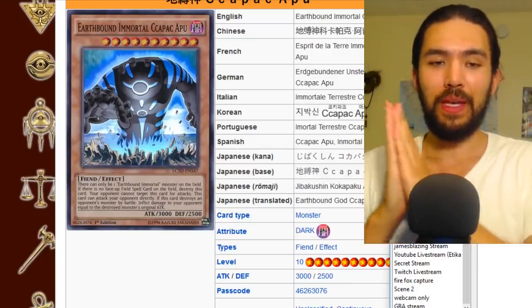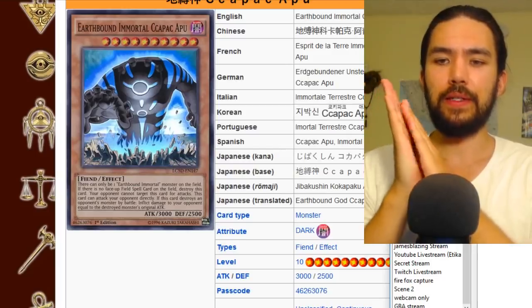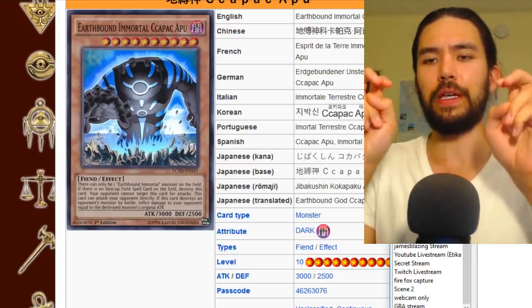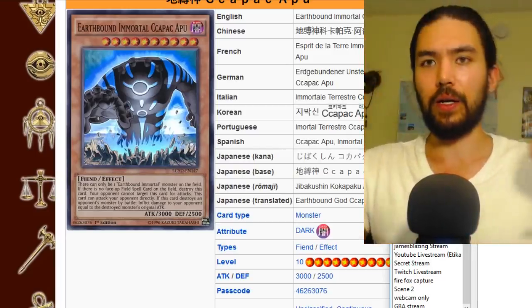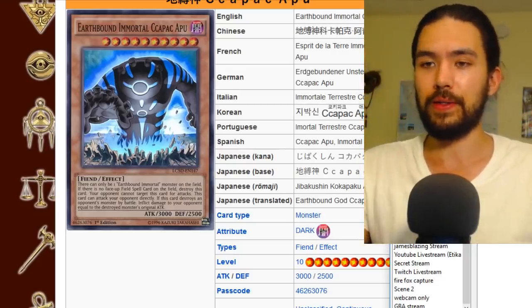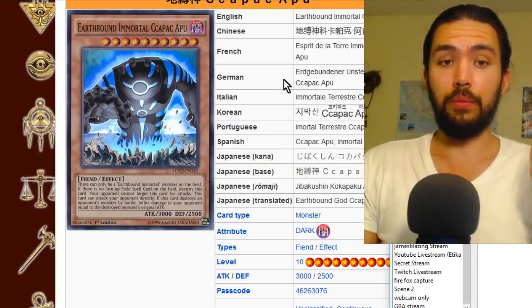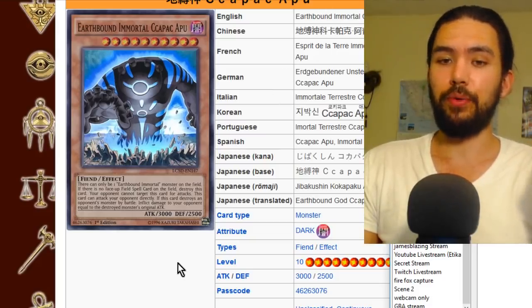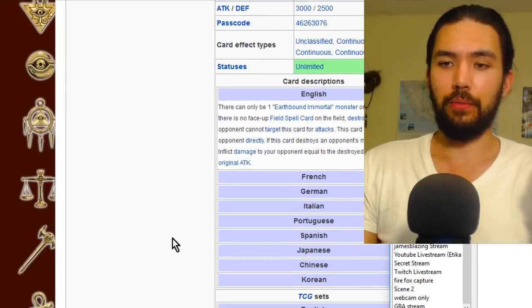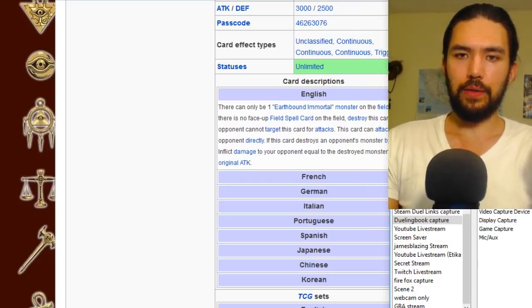So this is not the first hint of the Earthbound Immortals. They've definitely been leaked in other leaks. There's been a stack of cards, and one of the boxes that's grayed out is some of the Earthbound Immortal cards. Earthbound Immortal Kekapak Apu. All the Earthbound Immortals adjust their viewer, and